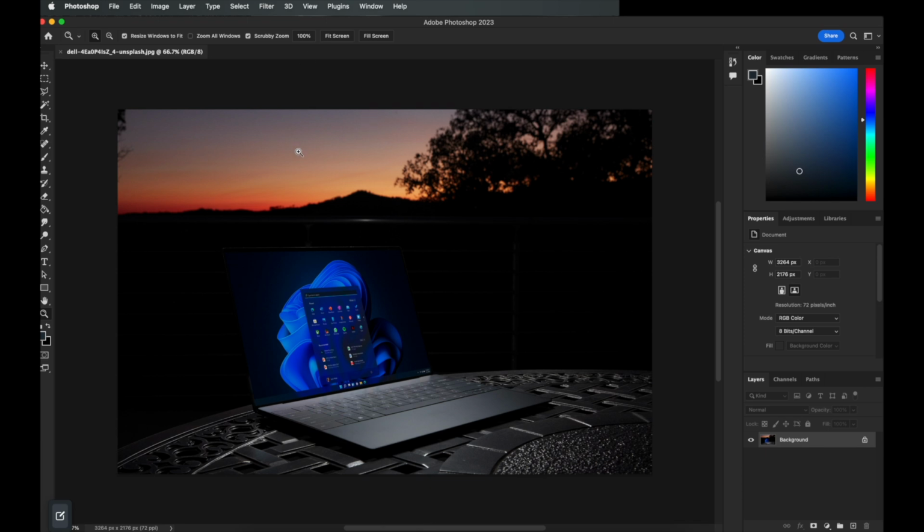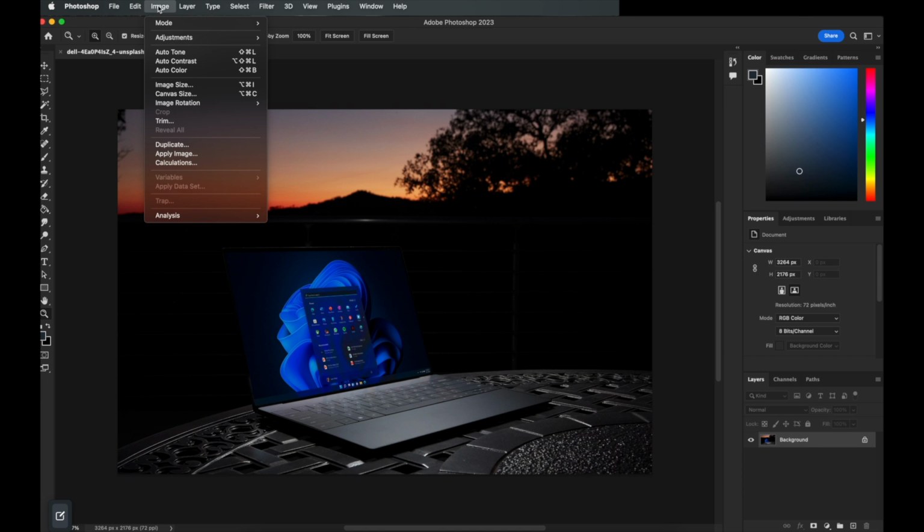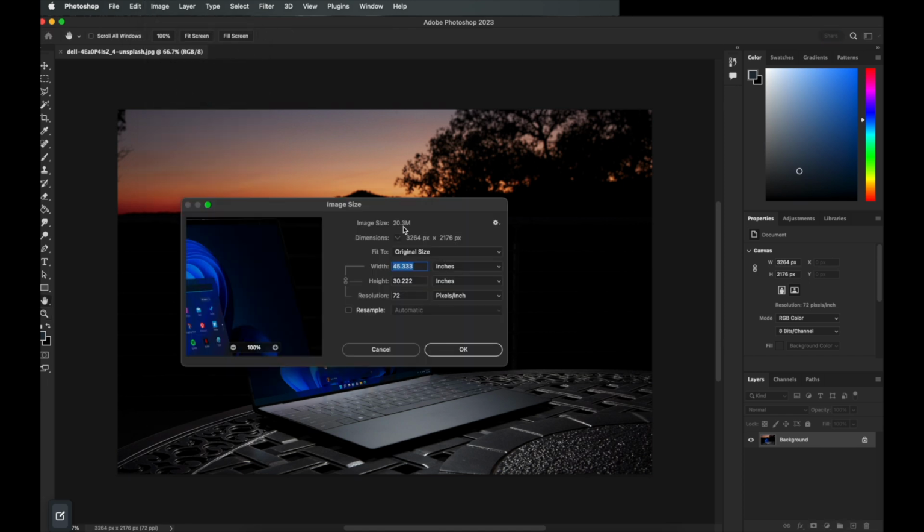So we open up the image in Photoshop, we go to Image, we go to Image Size, and we can see that when we downloaded it, the resolution setting is set to 72 ppi, even though the image dimension is over 3,000 by over 2,000 pixels. That would look great. It's a very large image, very nice and crisp, sharp for web purposes. But even though the dimension of the image is very large, the resolution of the image is still set to